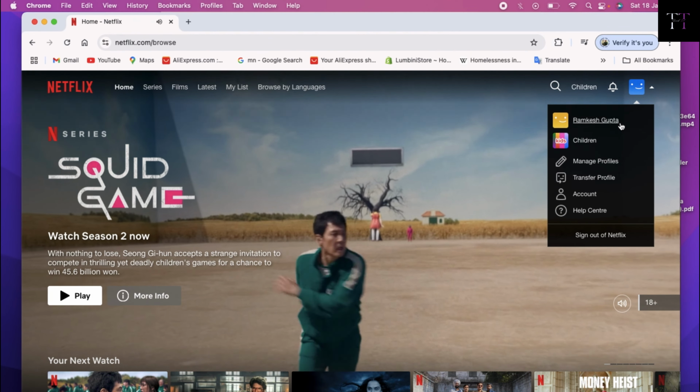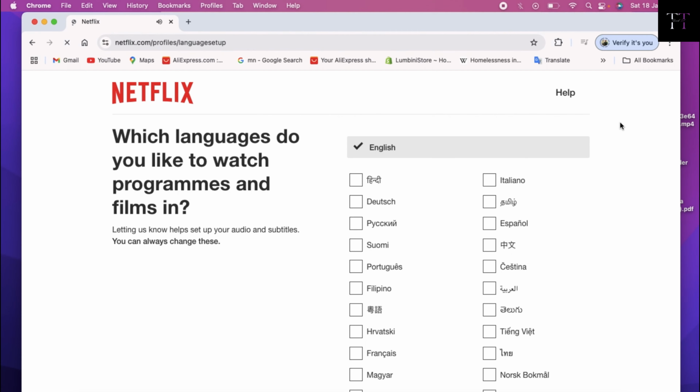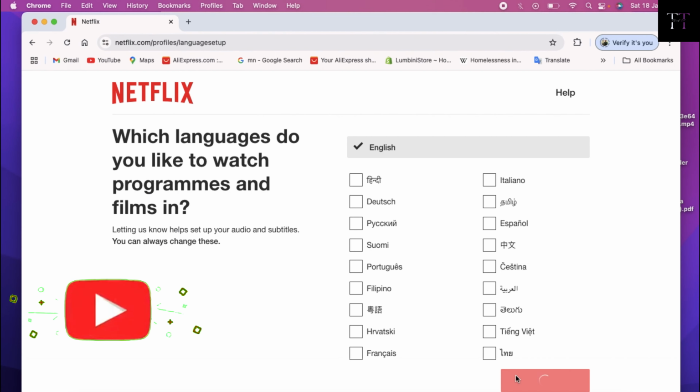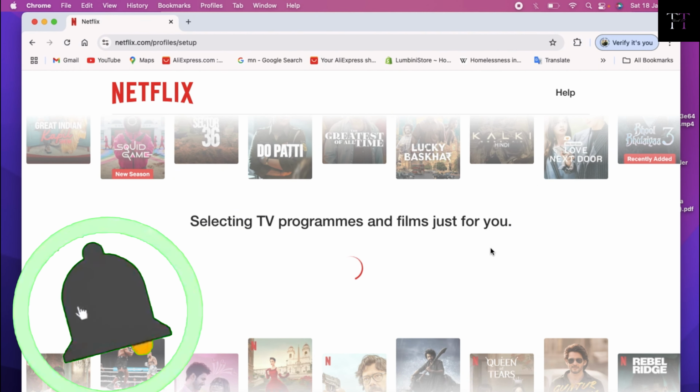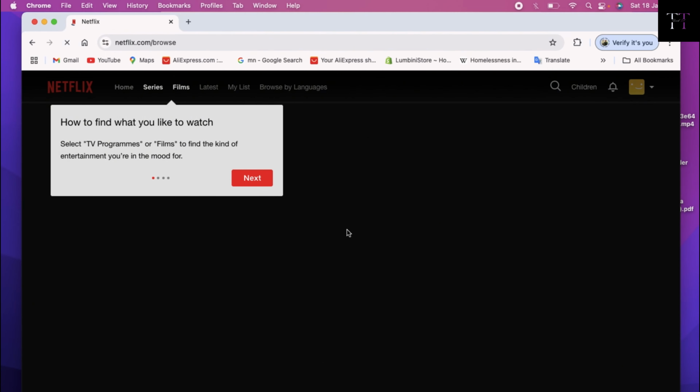Now tap on the add profile option you can see there and enter a name and further save the change you just made. You can then share your account's login details with your friends also, as Netflix tightens its